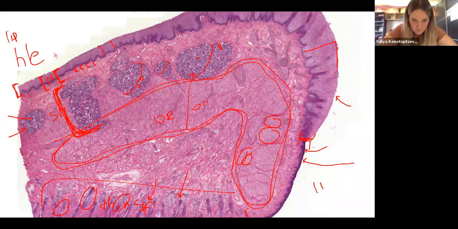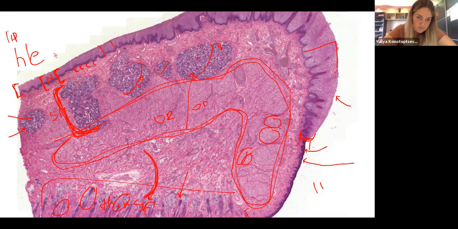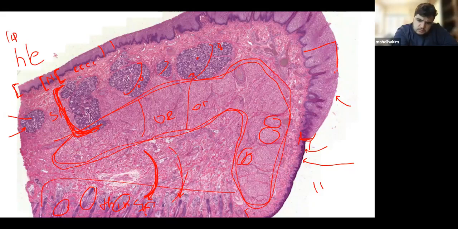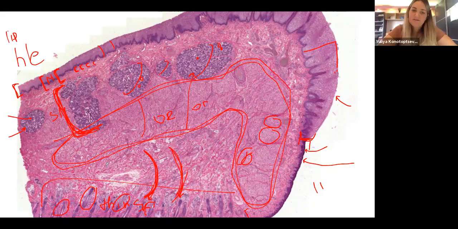And now a question for you guys. What is this? Between this segment and the muscle, what is this? Connective tissue. Yes, but say it better, knowing that this is the skin. This is